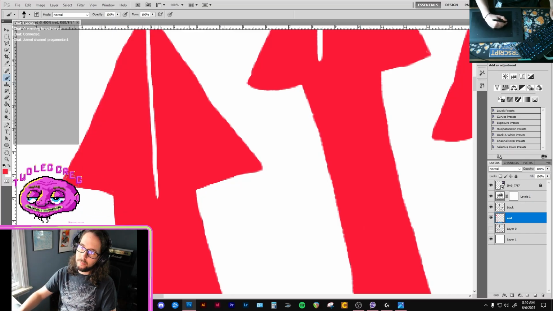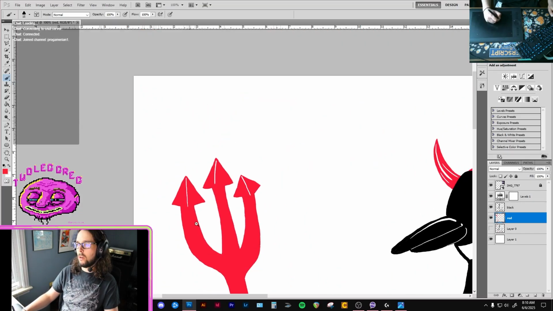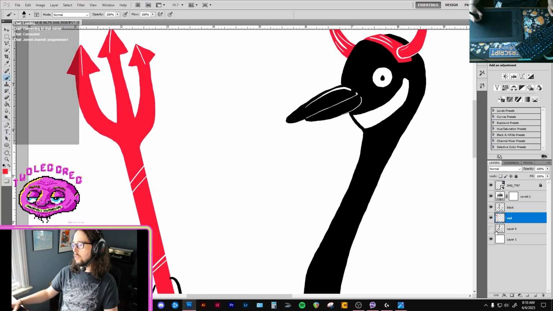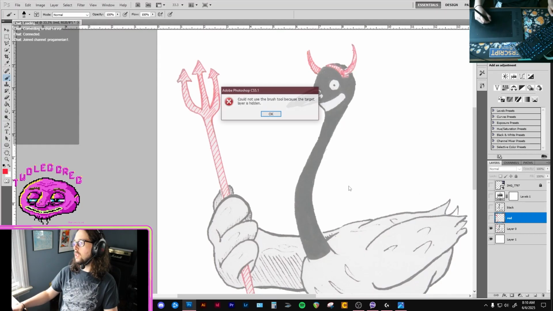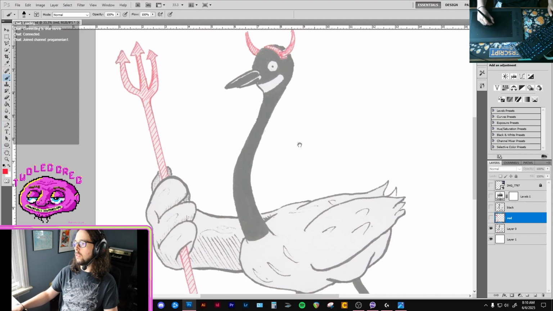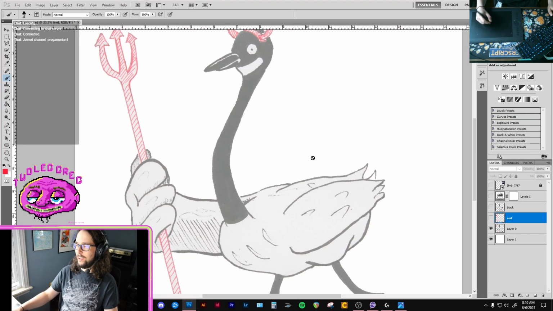I am more or less redrawing these, even though I've already inked them, and I'll show you. So this was... I mean, it's low opacity, but just bear with me here. Oh my god.